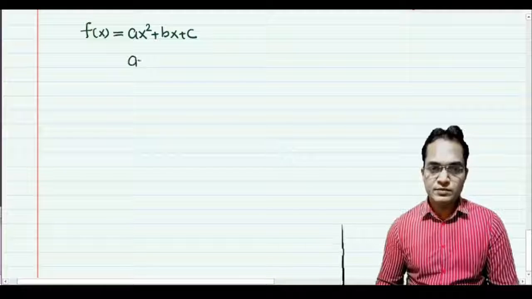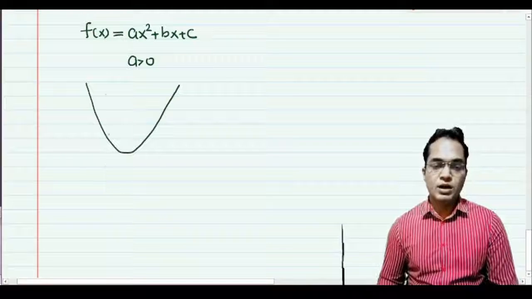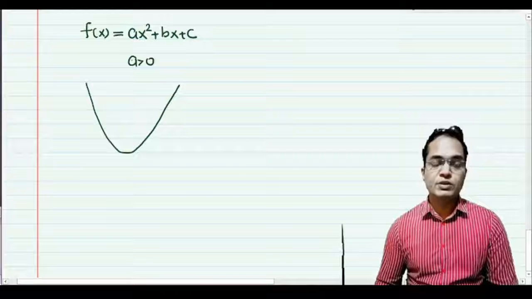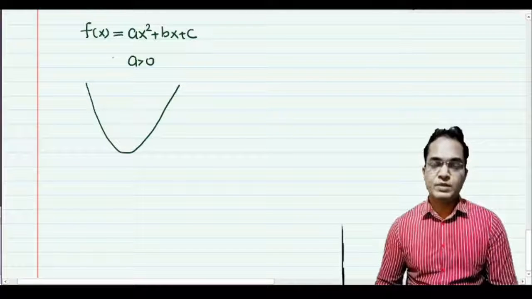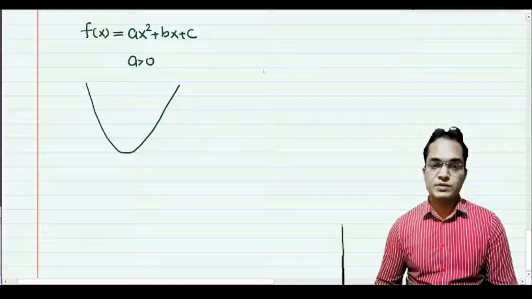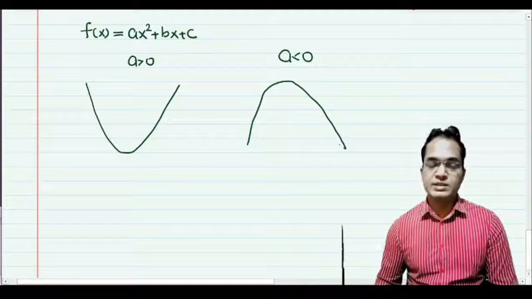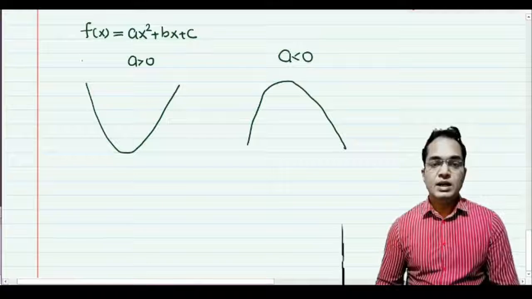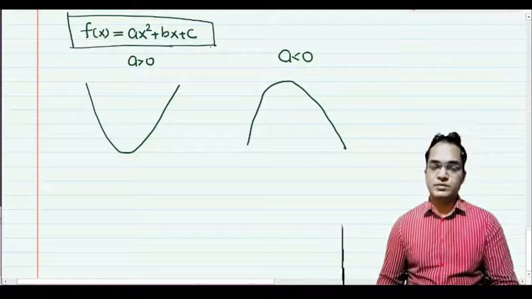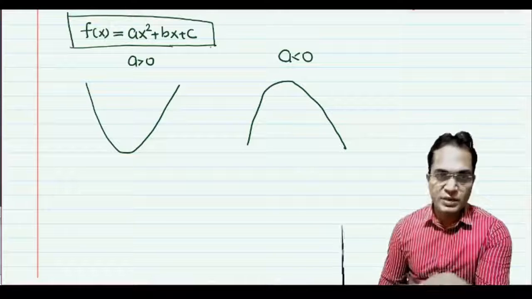If a is positive, then the parabola comes out like this. It is called an upward parabola. What is called an upward parabola? A is positive means, like the previous example, x² + 3x + 2, where a is 1, the coefficient of x² is positive. If a is negative, then there will be a downward parabola like this. This is the graph of f(x). If you understand these things, then it is okay. The graph of a quadratic expression has parabolic geometry, yes or no?